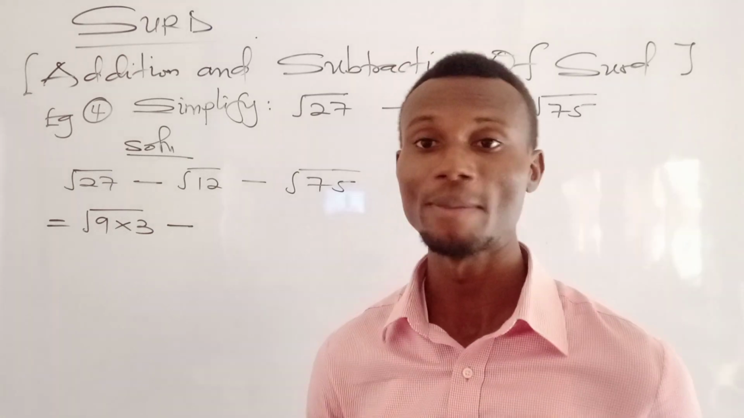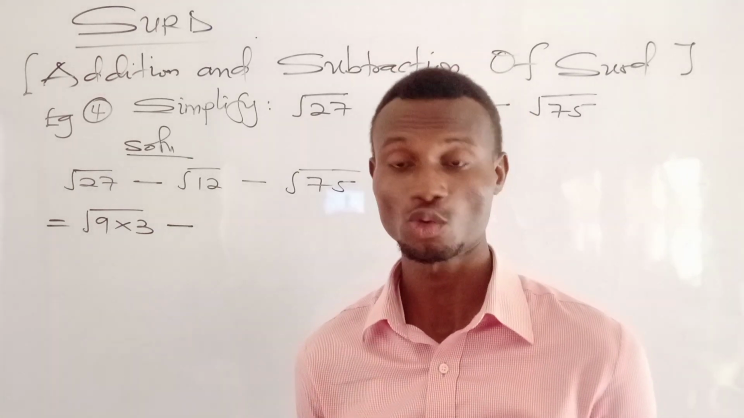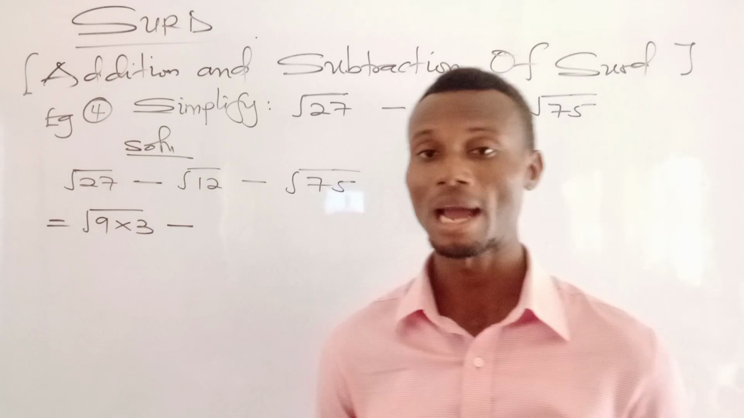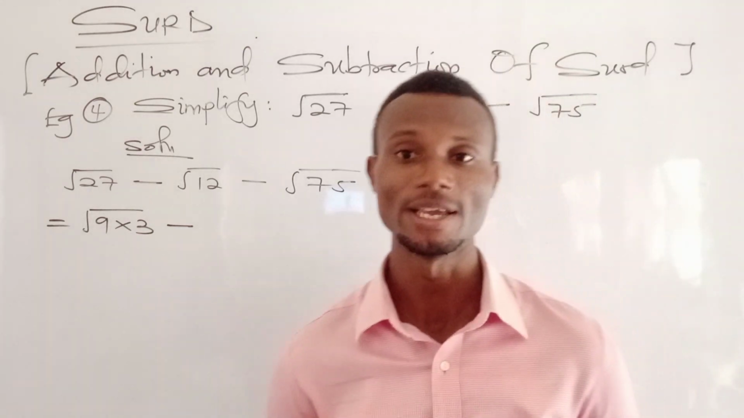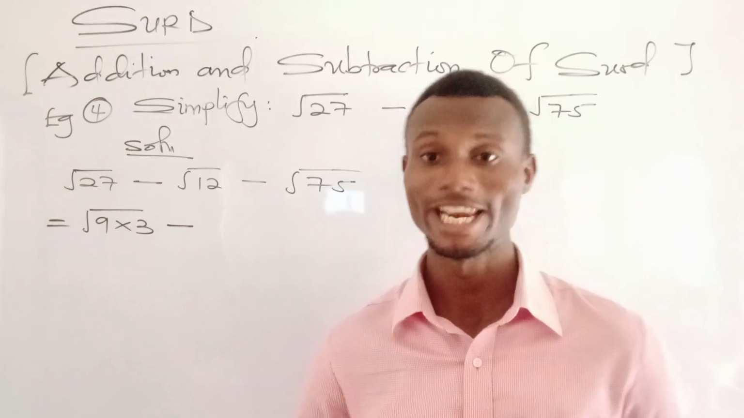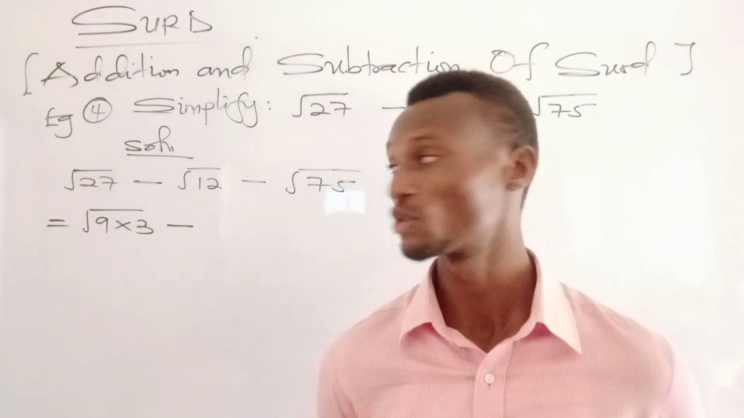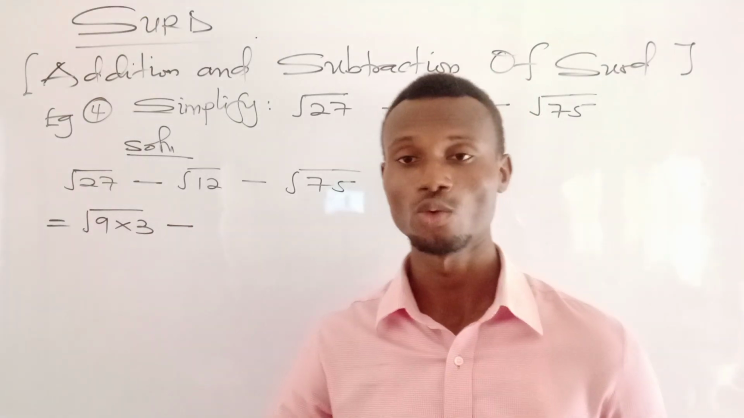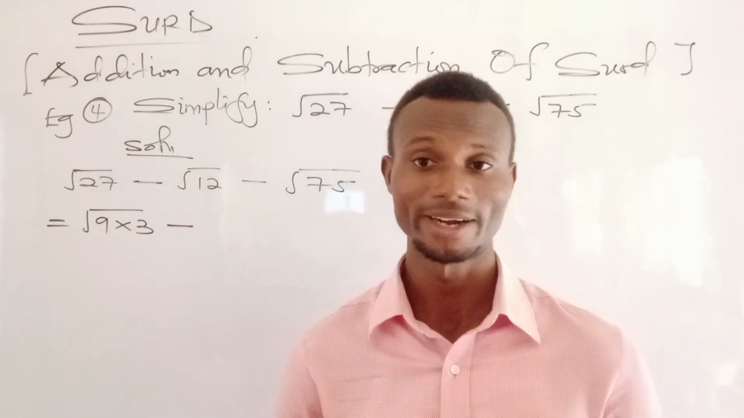But those two numbers, one of them needs to be a perfect square. Okay, so the two numbers that come to mind are 3 times 4. You know that 3 times 4 gives 12, and the 4 is a perfect square. So in place of the 12, we are going to write 4 times 3, or 3 times 4, which is